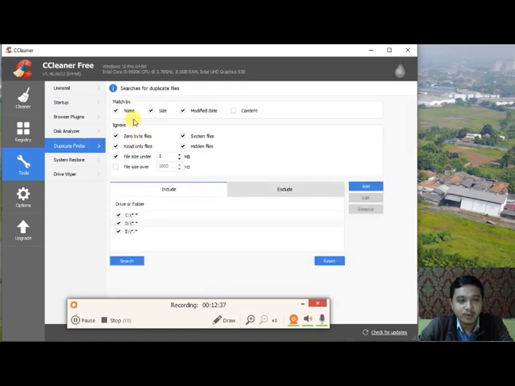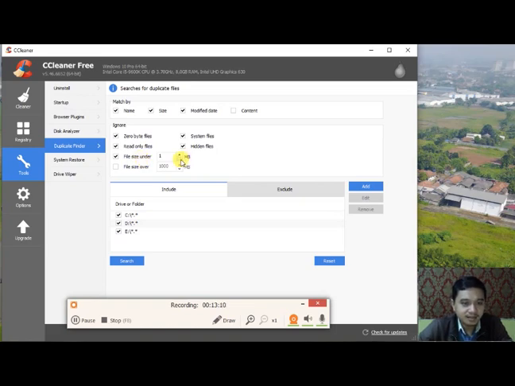When we click, you can see we can match by name or size or modified date or even content, or you can ignore 0-byte files. So when you find 0-byte files, CCleaner will ignore them. Or read-only files, you can ignore those too. System files, hidden files, or you can set the file size you want to find.